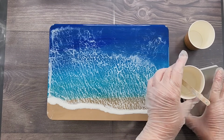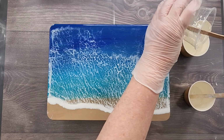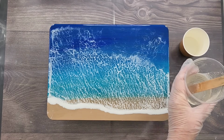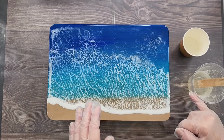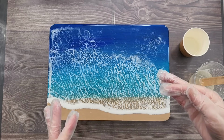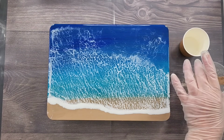Let's turn that off. And the other thing I want to do is put just a tiny bit into this cup, just to cover the bottom there. Because I've got so much lacing, if I leave it clear and blow lacing over the top, it's just going to be white lacing on white lacing, and I don't think you're really going to see the lacing for what it is. So I'm going to add a little bit of colour